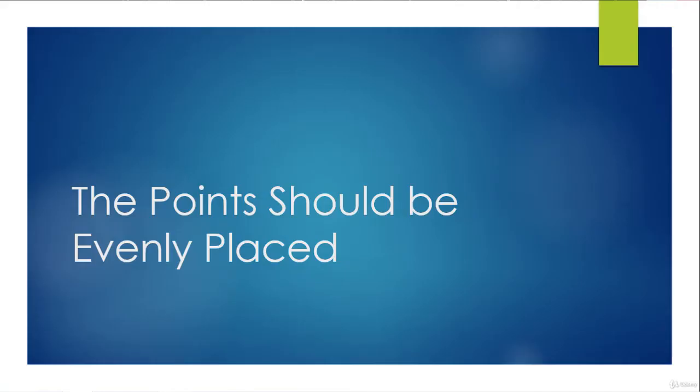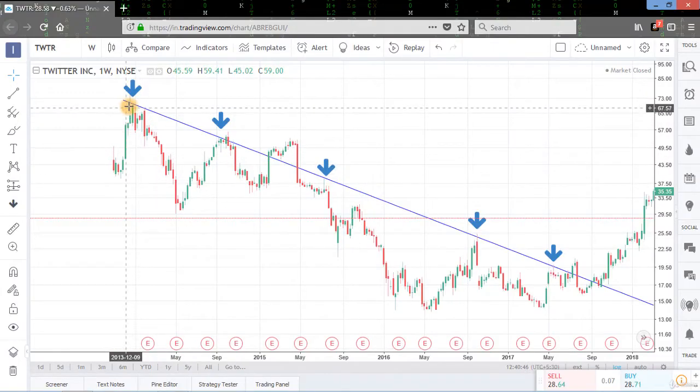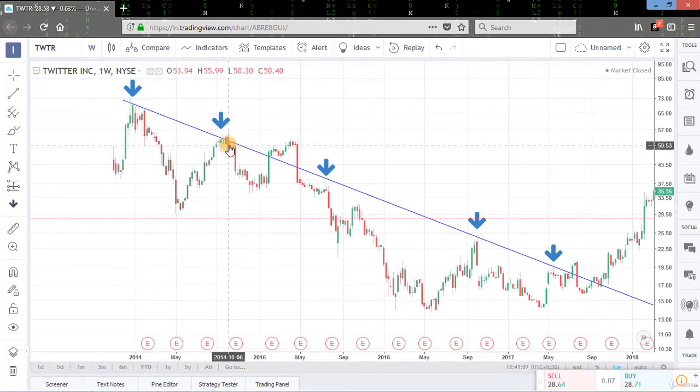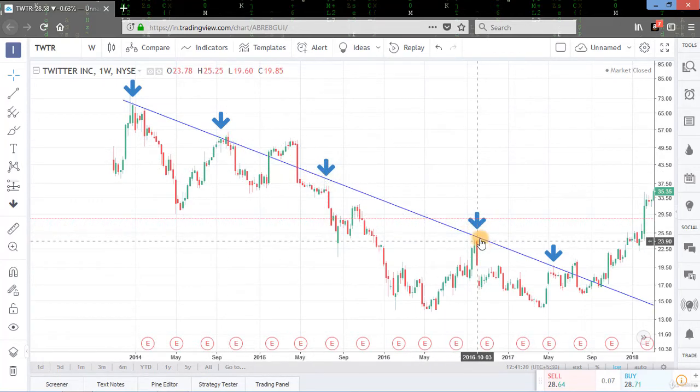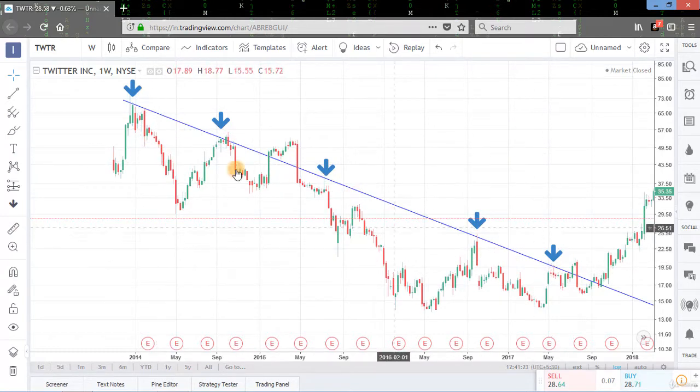The points used to draw a trend line shouldn't be too far apart or too close together. We can see the time period of previous points, then we can get a clue about the future points. In the chart we can see that here we are getting 2 points but they are very close together, so we will not take these 2 points. Instead we will take it as a single point, and the distance between these 2 points will tell us the next point distance. We are getting here a clue of this point. Again we are getting this point and this, they are evenly spaced. You can see the points are evenly spaced on this trend line.